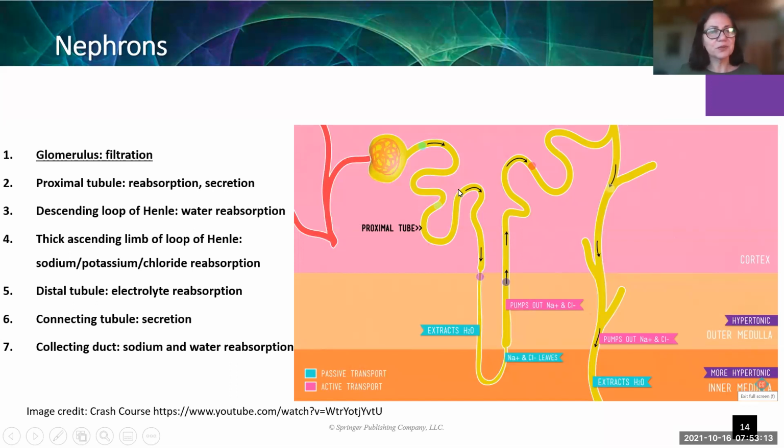Okay, what I want to show you is the big layout of a nephron. Here's the ball of capillaries, the glomerulus. That's where filtration is happening. And Bowman's capsule is going to catch the stuff that's coming out of this capillary. And then it's going to flow down this whole long renal tubule. So filtration happens in this first part. Then we get to